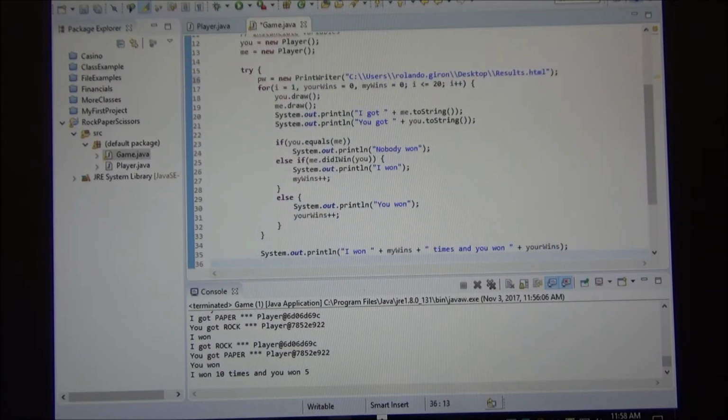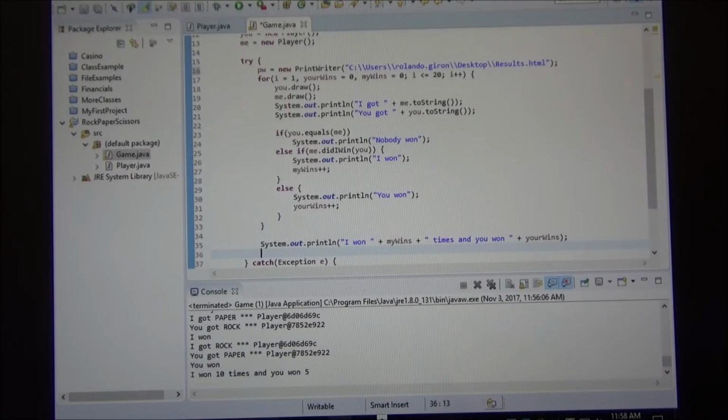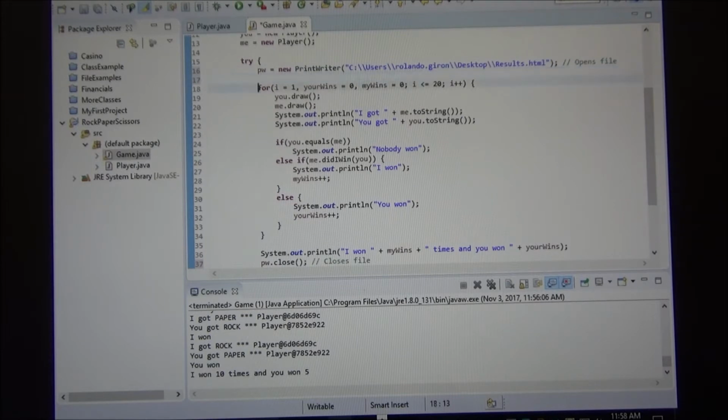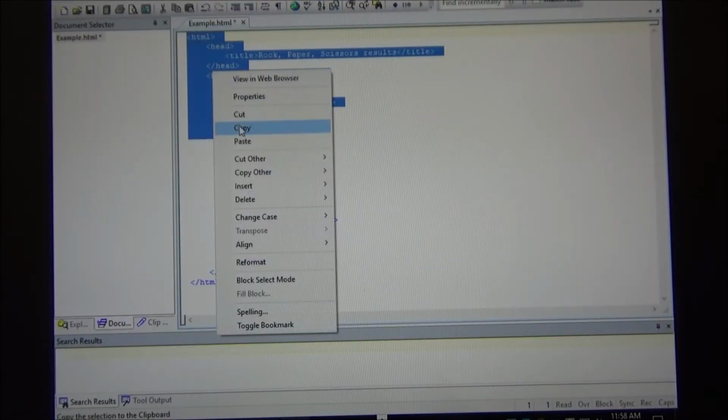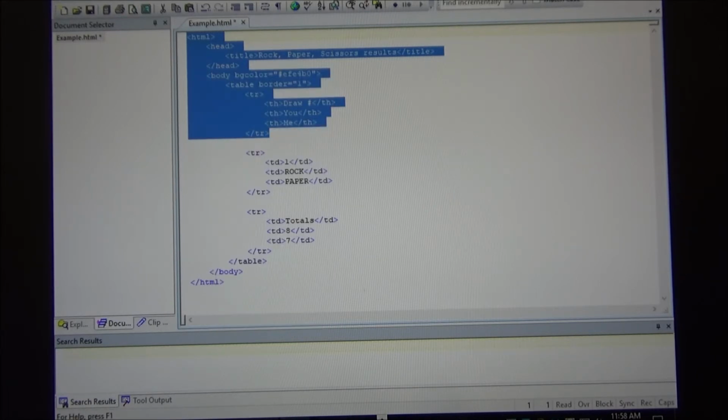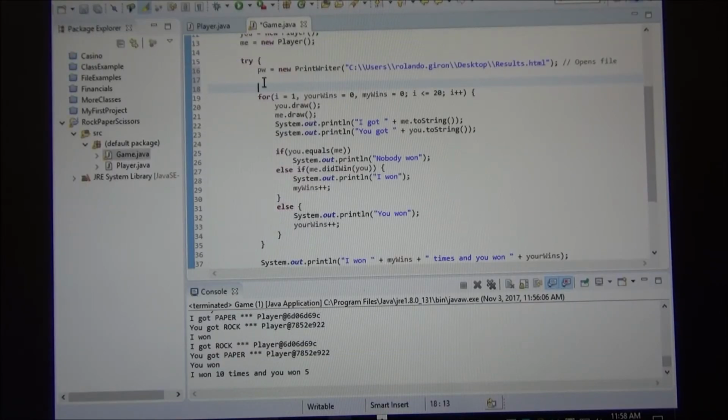And every time you open a file, when you're done, what do you do? You close it, right? Close this file, and here is where it opens files. So this for loop is what is repeated, but before I do the repetition, I'm gonna copy this first. So I'm gonna copy it, and I'm gonna paste it here,